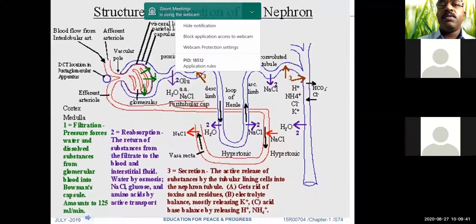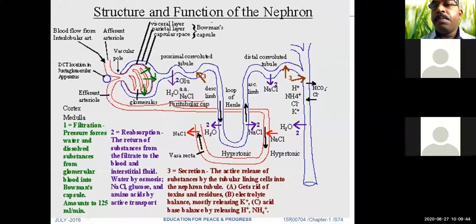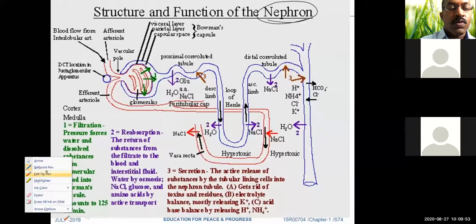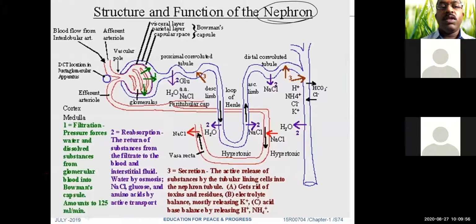See here, the basic functional unit of the kidney is the nephron. Okay, so nephron is the basic functional unit of the kidney. The different parts of the nephron are, you can see, this is the blood vessel where blood comes and is distributed in the Bowman's capsule. Okay, and these are the glomerulus. And then this is the afferent arteriole, and this is the efferent arteriole. So blood will be flowing in this direction. It goes here, it gets filtered, and then the other part is coming here.